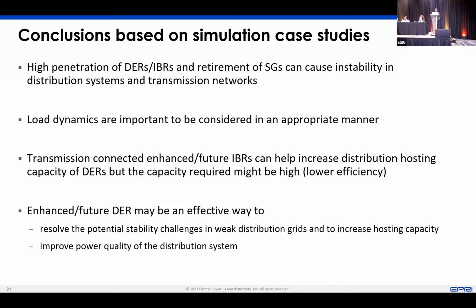And in addition to that, now start looking at, okay, if you have a bunch of distributed resources connected, then as this instability propagates, what is the burden that we're placing on the transmission system, and how can we alleviate that burden from the distribution system side in order to have improved stability or response?